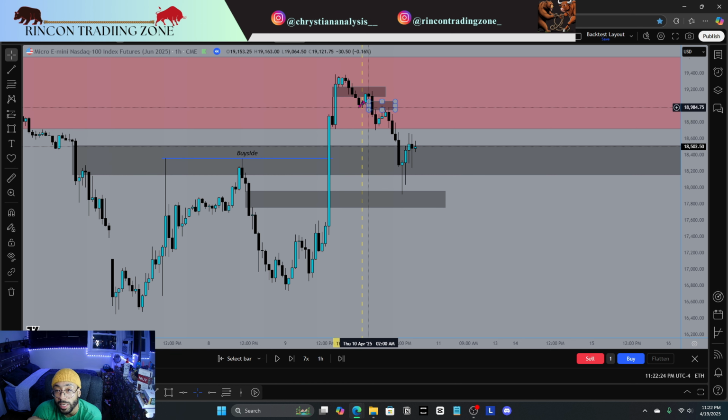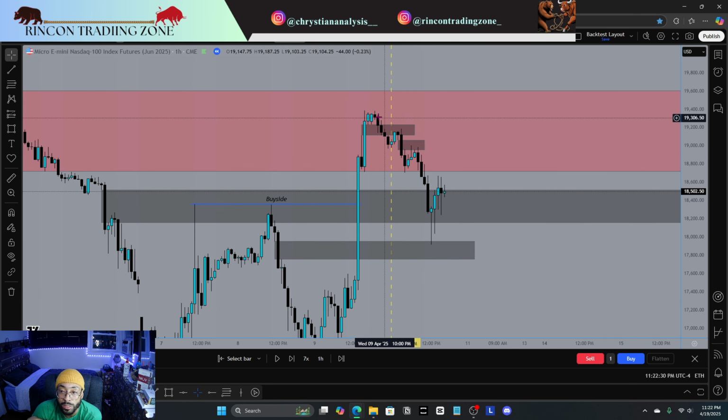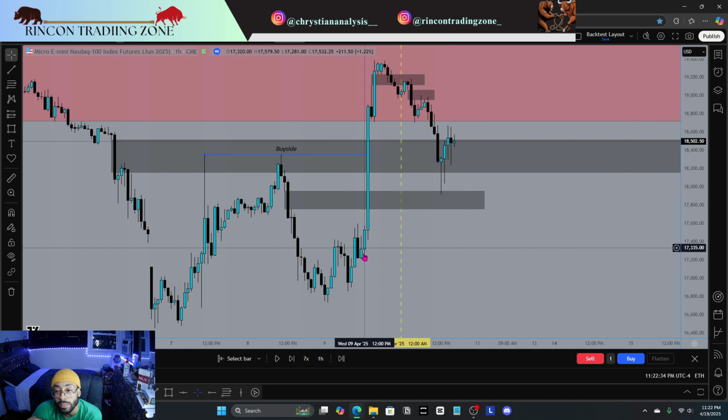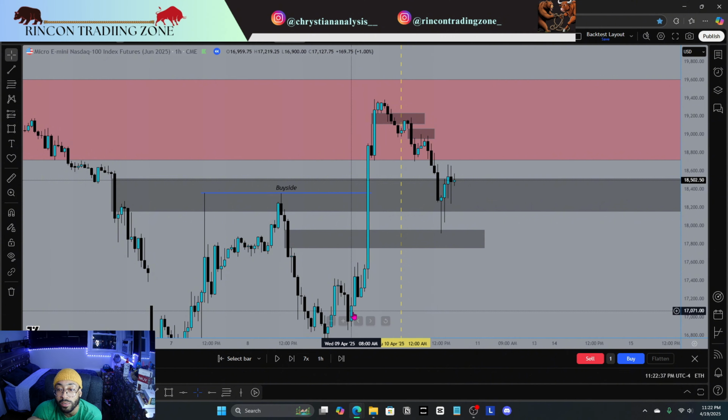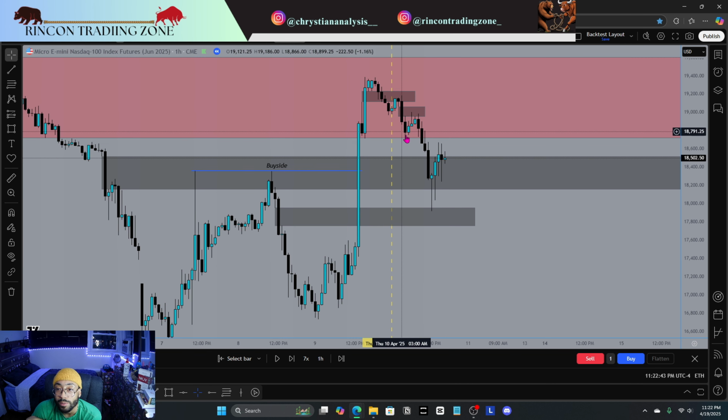So even though on the 1 hour it was not the best in terms of delivery because of how market conditions are, it was a low resistance. So this is what I call a low resistance setup, because again, we don't have a lot of back and forth as in this or this. All right, so